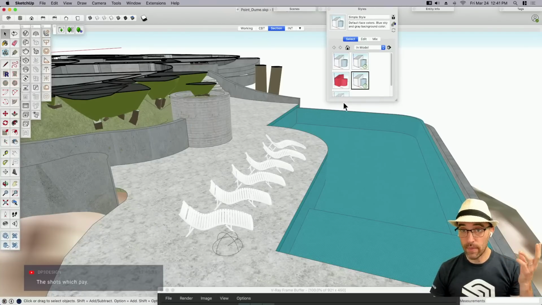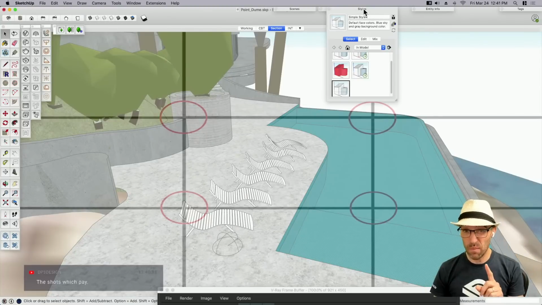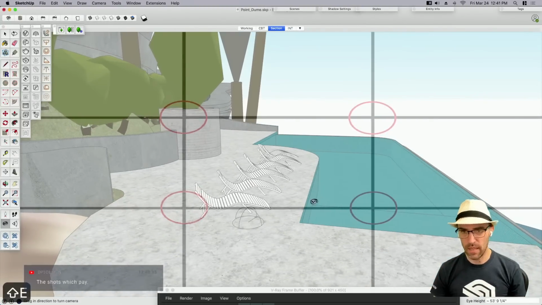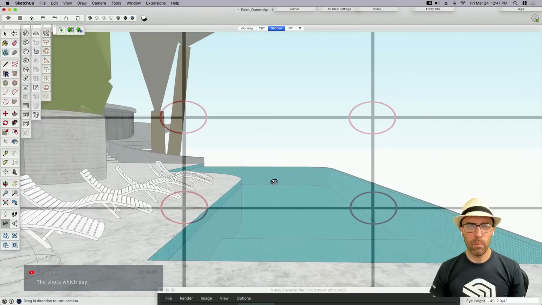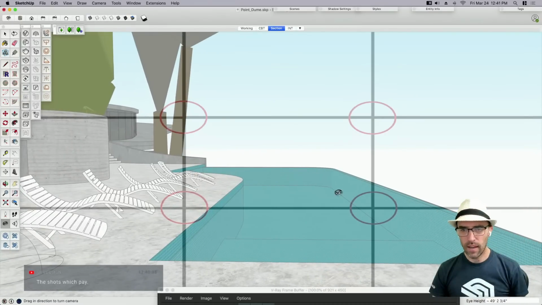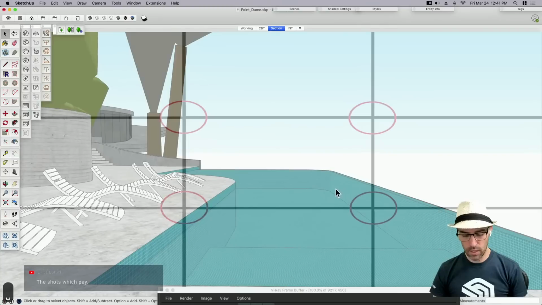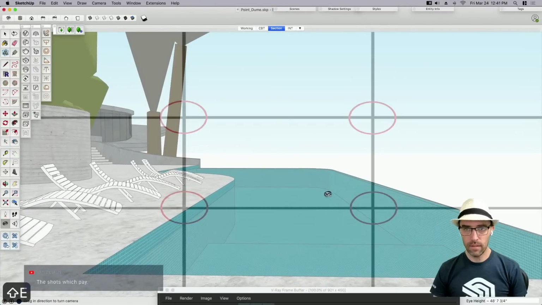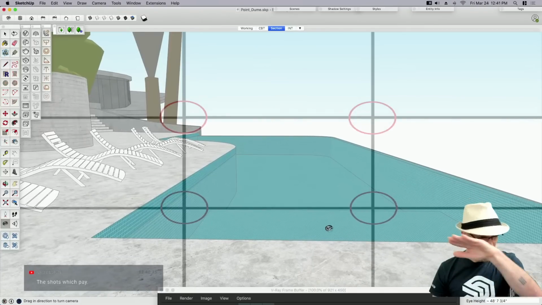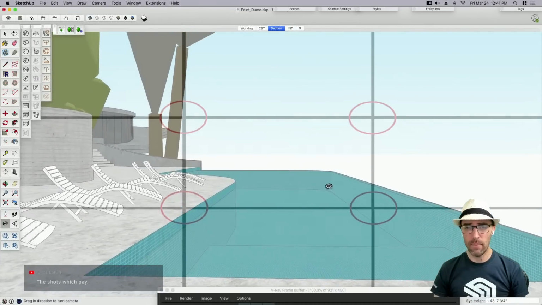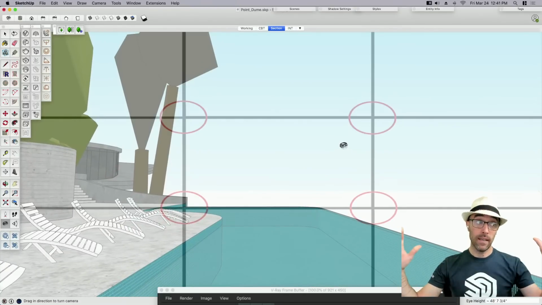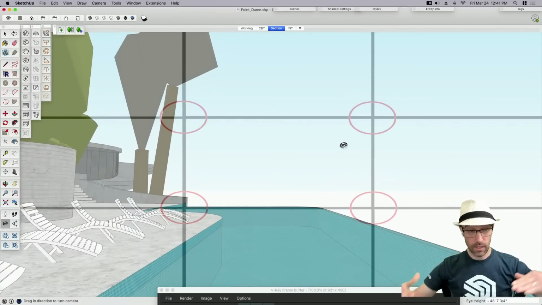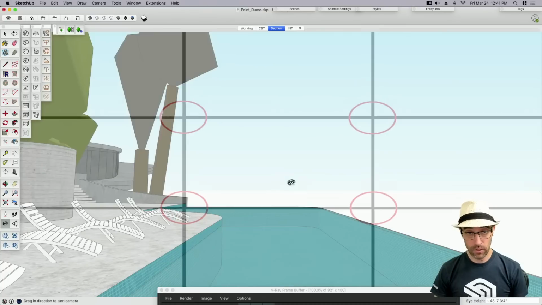I do want to go pop into my styles. I'm going to put my watermark on just for a minute, because I think this is going to help me. This may help me get something cool. I've got this palm tree on my left that I can use. If I zoom in, depending on where I zoom in, I could use the horizon. So if I looked down, the horizon line could hit that top bar. That might make the scene too top heavy. I could pull this way up if I wanted to, and this would give me more sky. It would allow my pool edge to hit that bottom line. I don't know what the answer is exactly, but I do know that I need